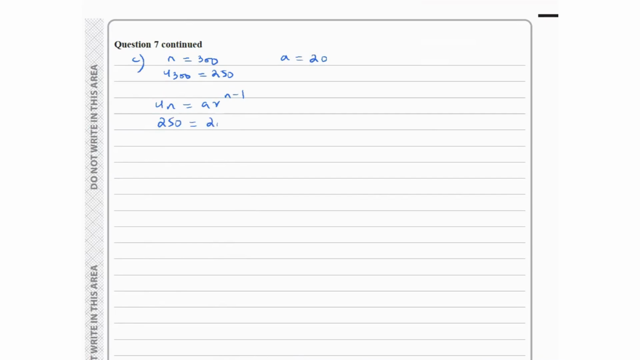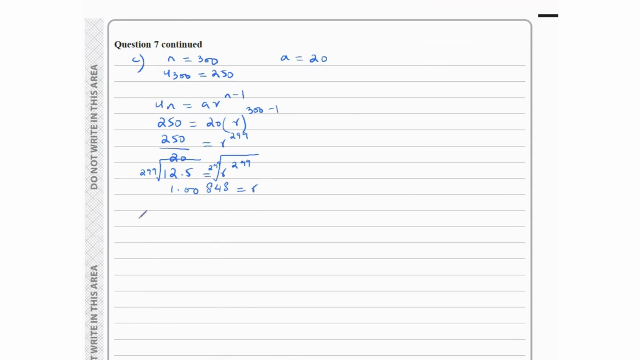250 equals 20 times R to the power of 300 minus 1. 250 divided by 20 equals R to the power of 299, which is equal to 12.5 equals R to the power of 299. Now you find the 299th root on both sides, and that gives us a value of 1.00848